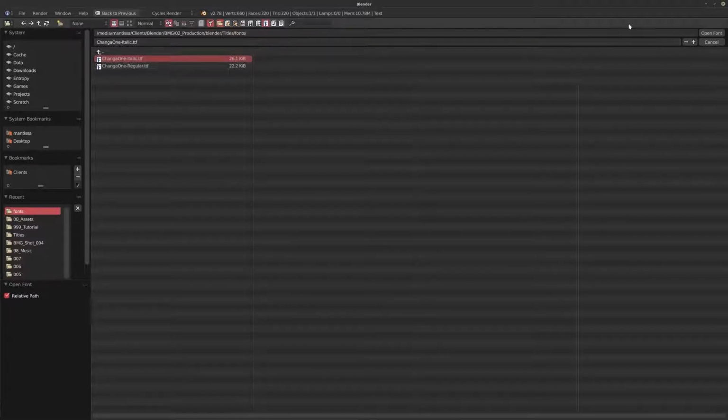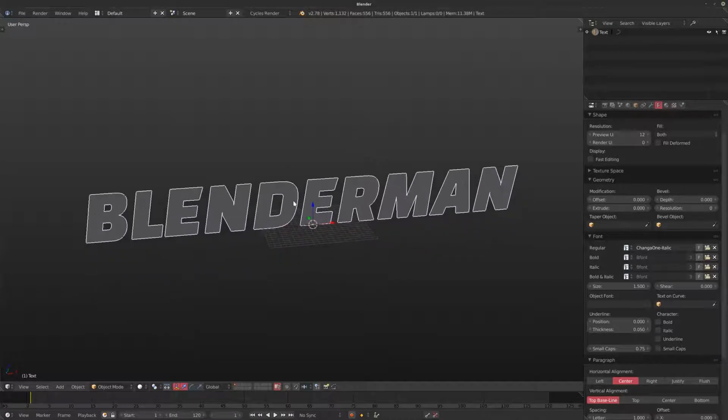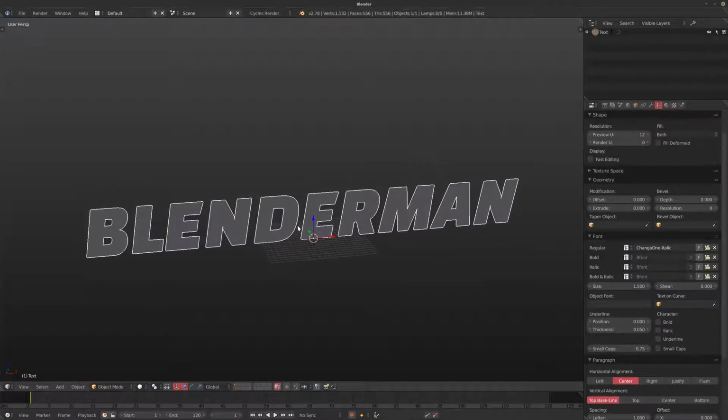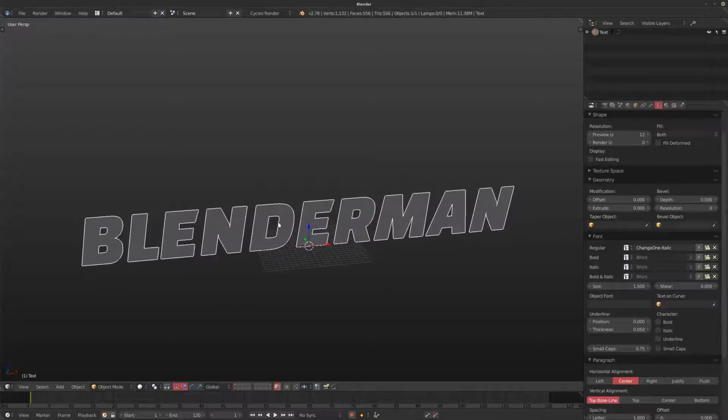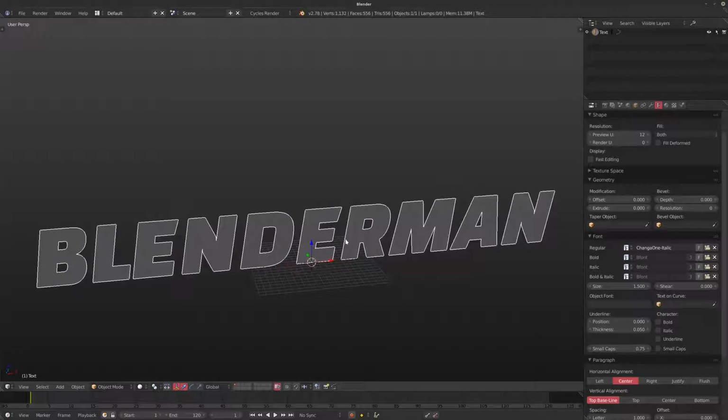So I'm going to hit the Chonga 1 Italic font here. This is the same font that I used for the final project. I got this from Google Fonts. All of their fonts are licensed under an open font license, so I'm able to include it in the project as well. If you just go to fonts.google.com, you can download a whole slew of fonts. That being said, some are better than others, but I think most of them, if not all of them, are registered under an open font license, which is really cool because it allows you to use them in an open way, and you don't have to worry about licensing too much as long as you include the license with the fonts, which I have done with this project as well.